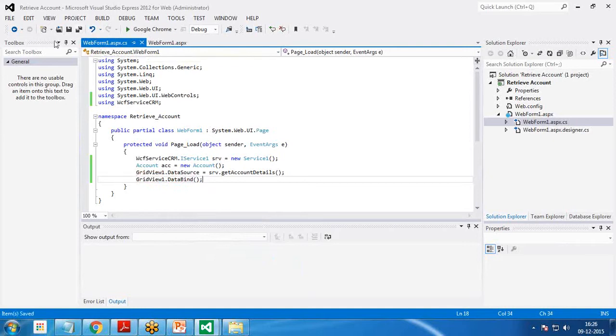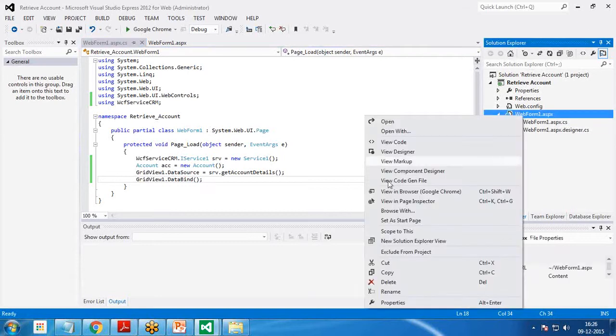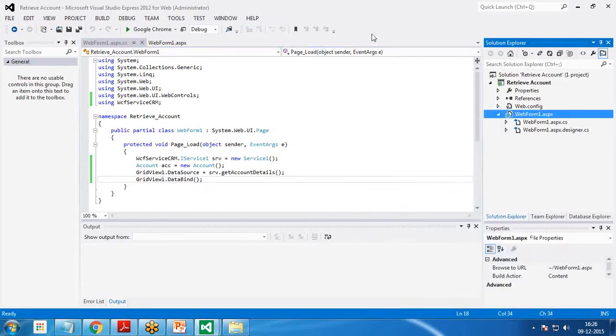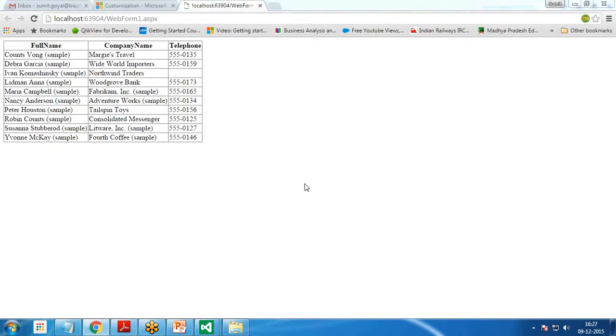That's all, the errors are resolved. There are no errors, so we'll just save it and run it. And for testing we need to execute this. So first thing we need to do is set this form as a start page, and now simply click on Google Chrome. Retrieval may take some time because it will be connecting to the CRM online solution and then pull the data from there, so it may take some time. So you can see here this web page can successfully display the data with full name, company name, telephone, and all the data has been pulled from the